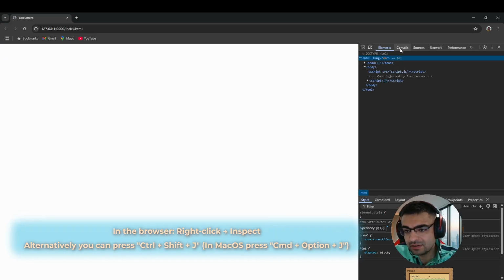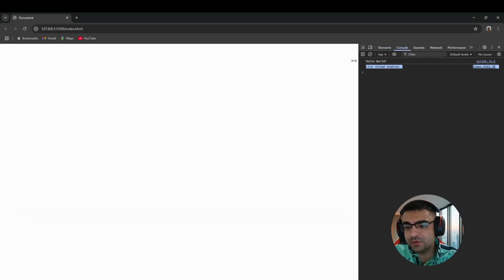If you click on the console tab, here you can see that this hello world is logged. This is exactly the text that we wrote in our script. Since the script file is registered in our HTML file and they're connected, we can see this message here. So that's the first JavaScript code that we wrote together.